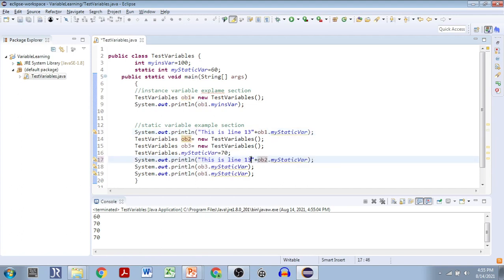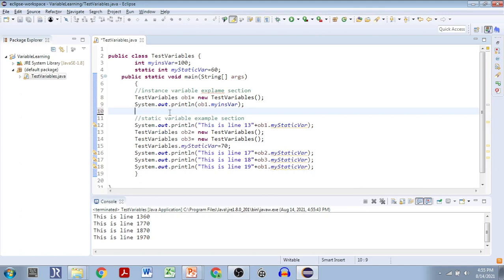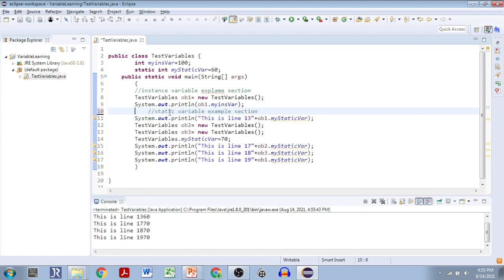This is line 17. Line 18 and this is line. So now you can see how the things are changing.